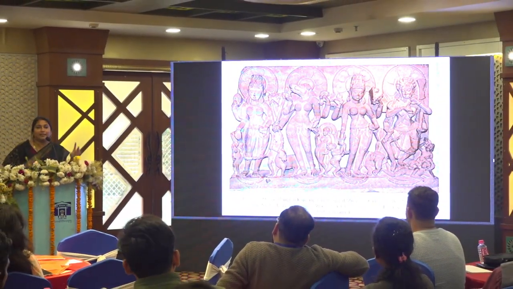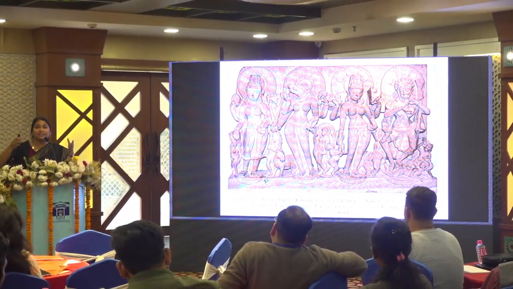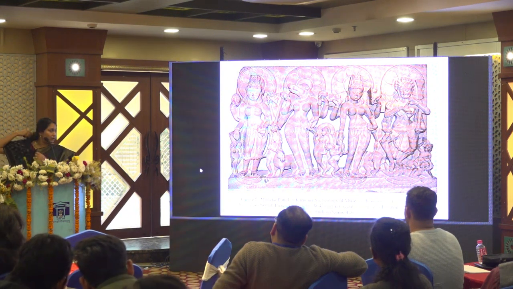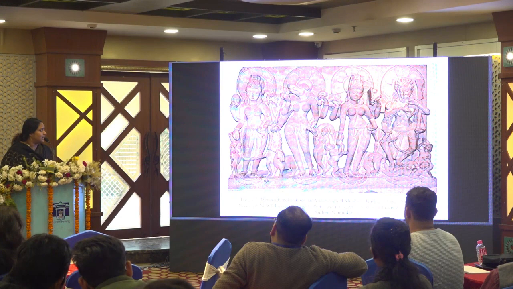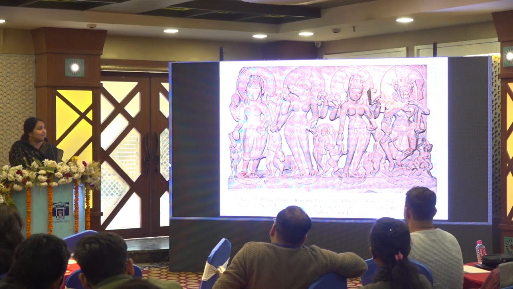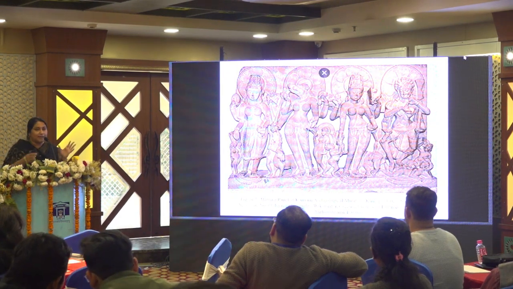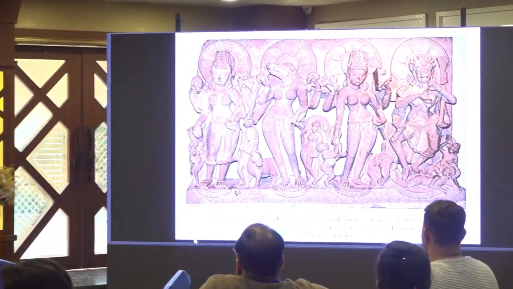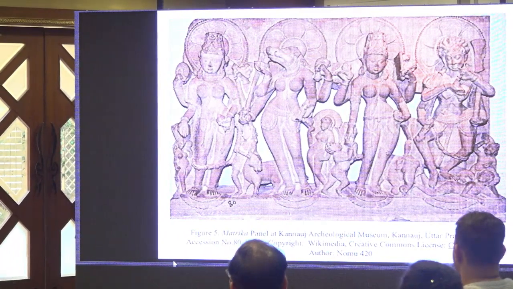Further into the Pratihara, which again is a long time period, the Pratihara era. So we can't say this is Pratihara, this is from Kanauj. It's very interesting. It possibly is broken, or there were two parts of it, and this much is what is recovered, the Matrika panel. Now you can see that